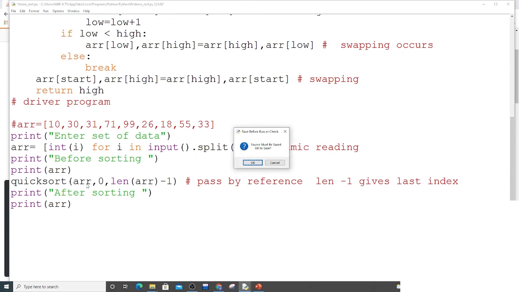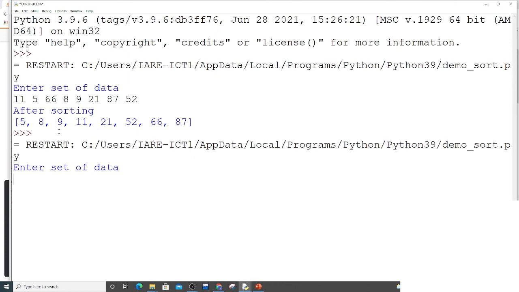So you can now call. I am entering the set of data. Assume 11, 3, 33, 4, 44, 5, 55, 6, 77 and 8. Assume this is the given set of data.